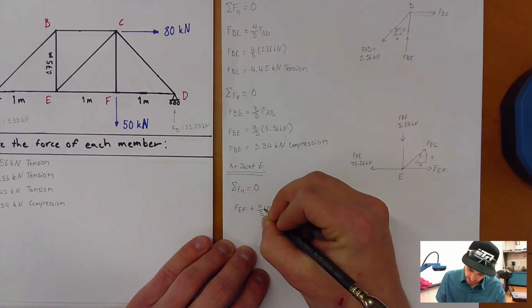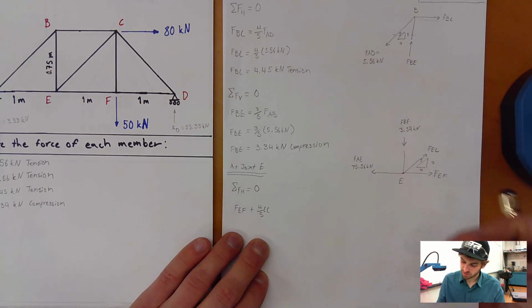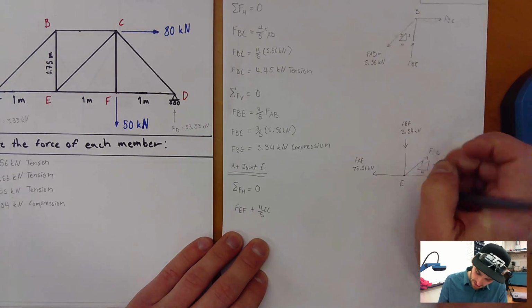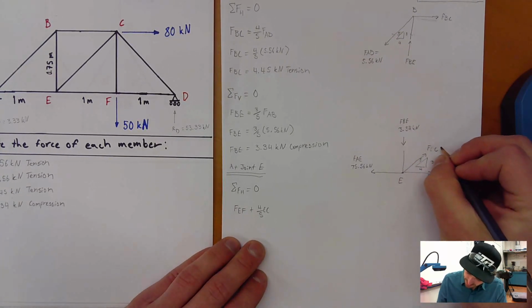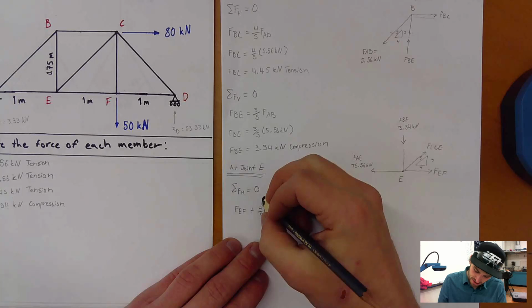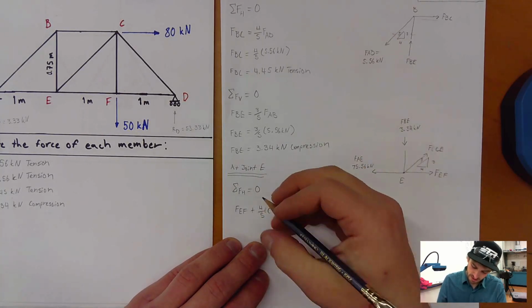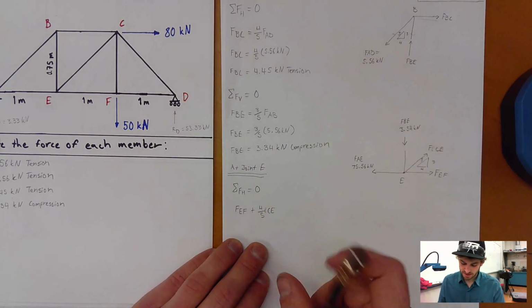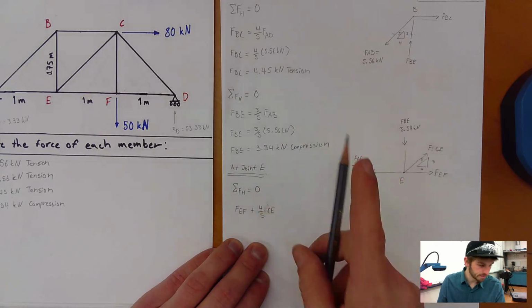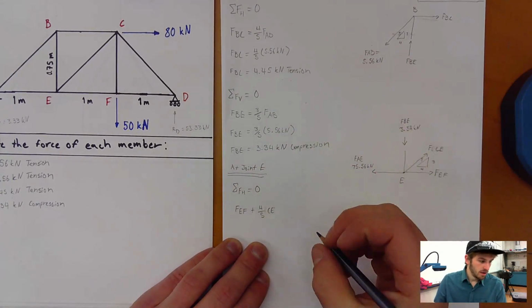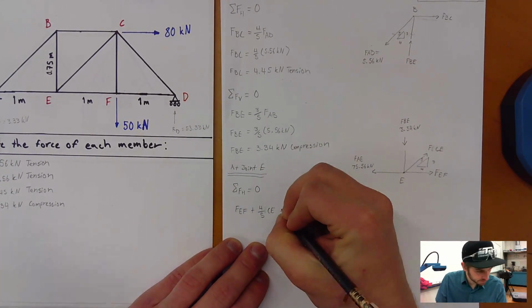Or EC direction, sorry. I should actually write that properly. That should be CE, based on the alphabet. A, B, C, D, E. CE. 4/5 CE. Let's erase that better. Is going to be equal to